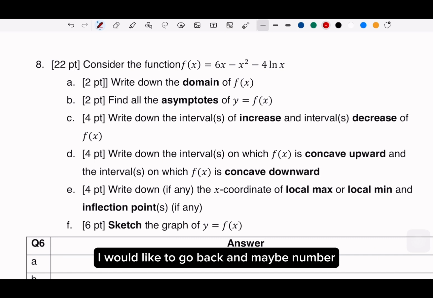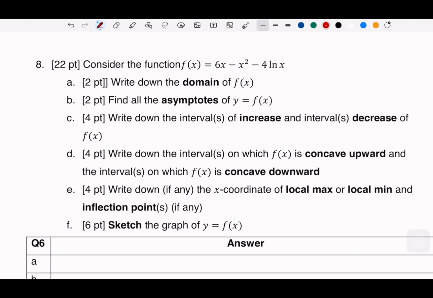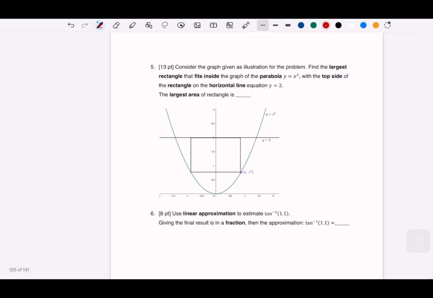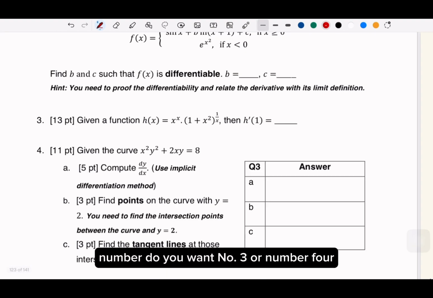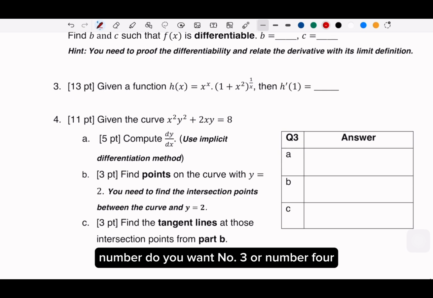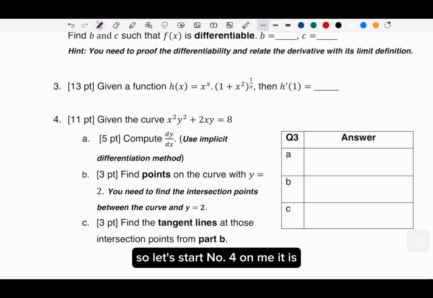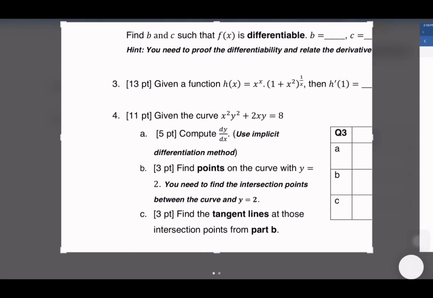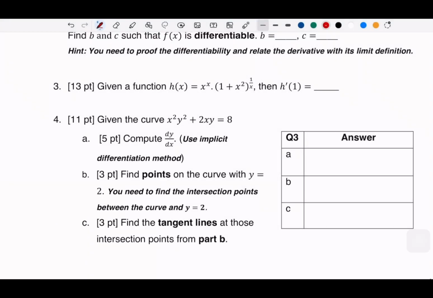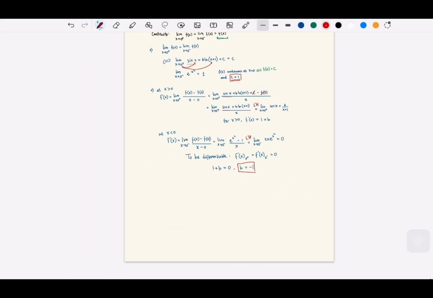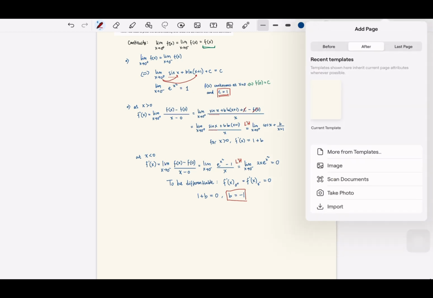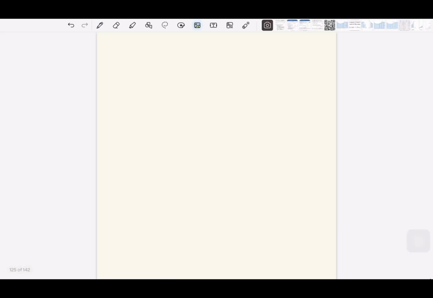I would like to go back and maybe number. Do you want number 3 or number 4? Or 3. So let's start. Number 4. Let me copy this. Number 4 is